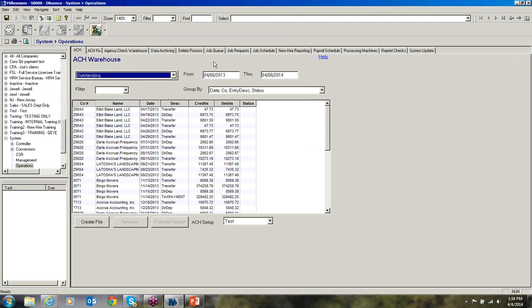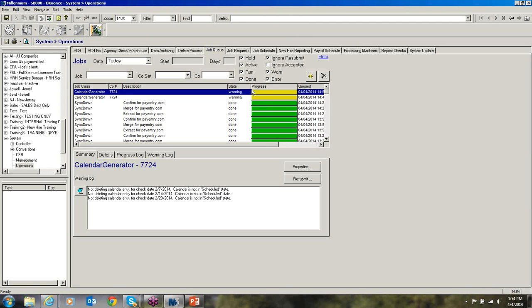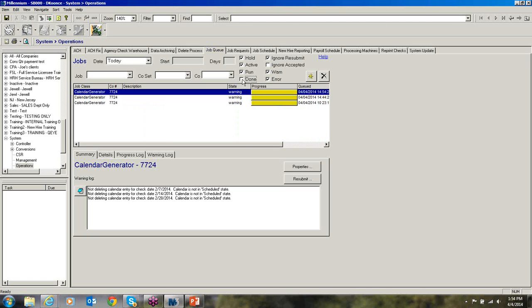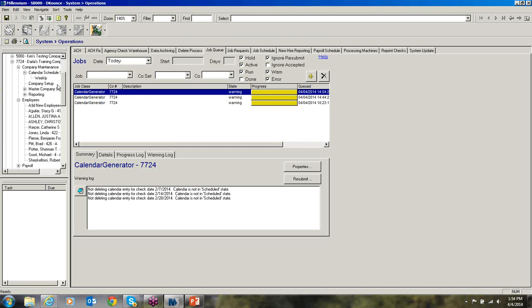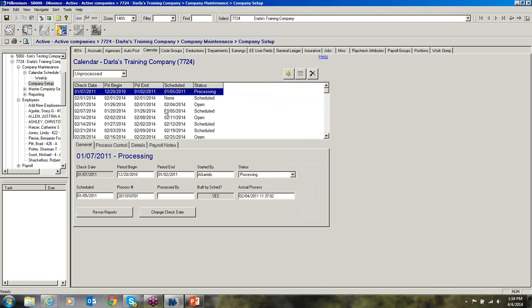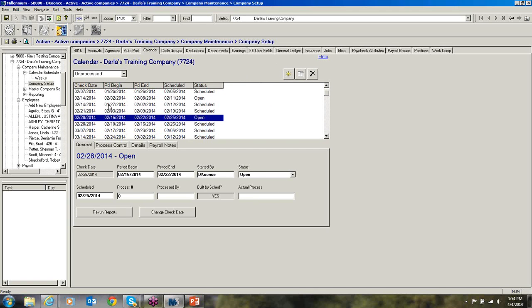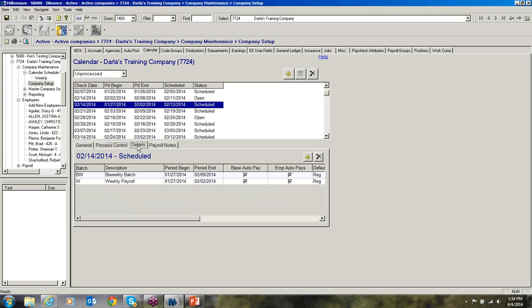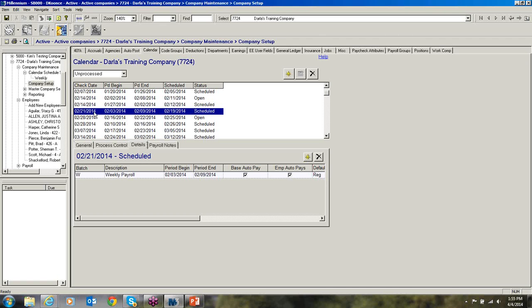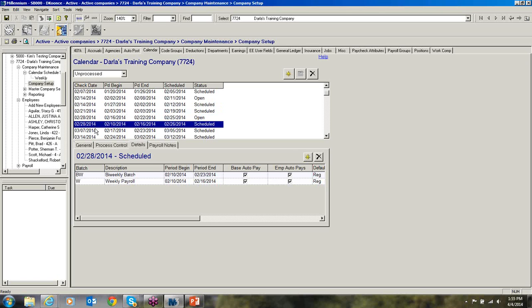Let's go out to our job queue. Again, it's just showing me the 3 that are not in a scheduled state. They're in open. And let's go out to our calendar and take a look at it. So now in our 214, we have our weekly and our biweekly. Our 221 just has our weekly. Our 228 has our biweekly,